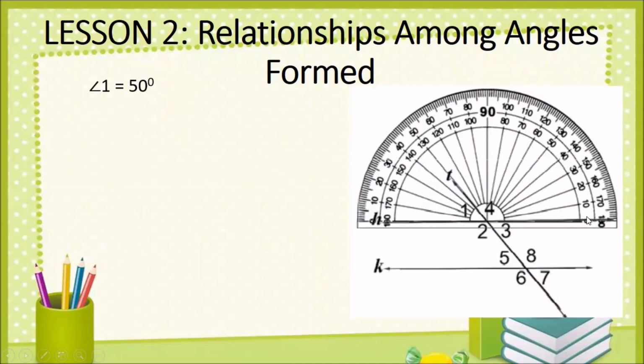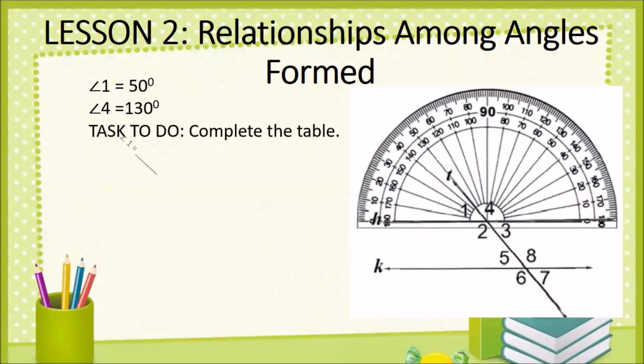Next, si angle 4, dito mag-start naman tayo ng 0, tapos ang pinagtapusan ay 130, therefore ang angle 4 ay 130. Then if we add 50 plus 130, it is 180 degrees, a straight angle. They are supplementary. They are linear or straight angles. So the same din kung then we apply,